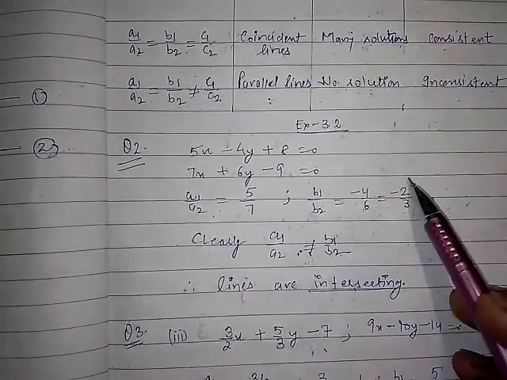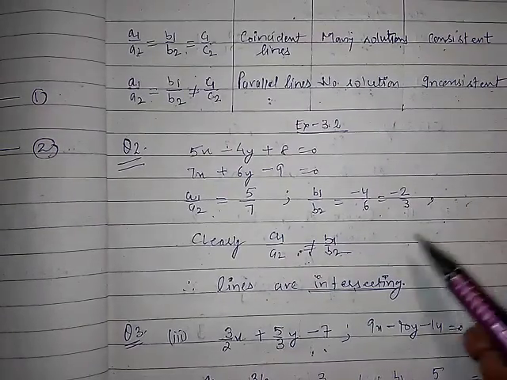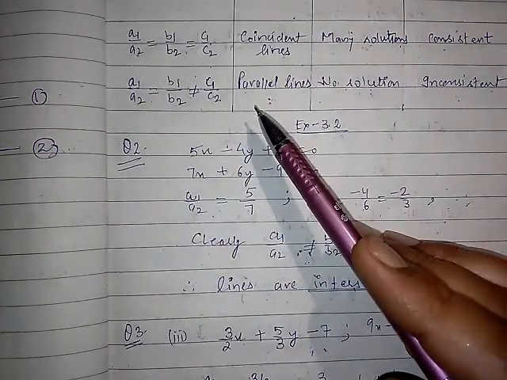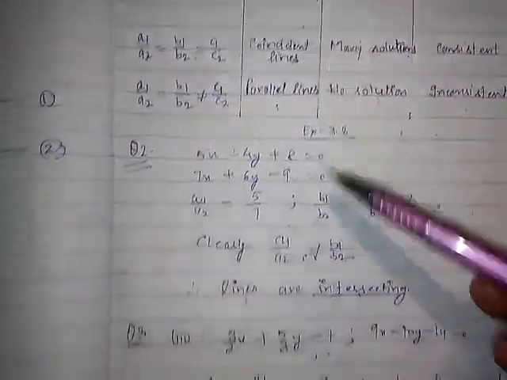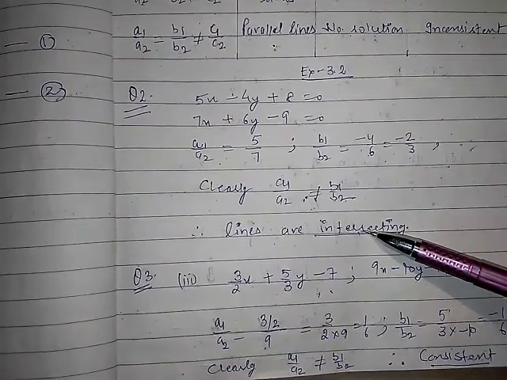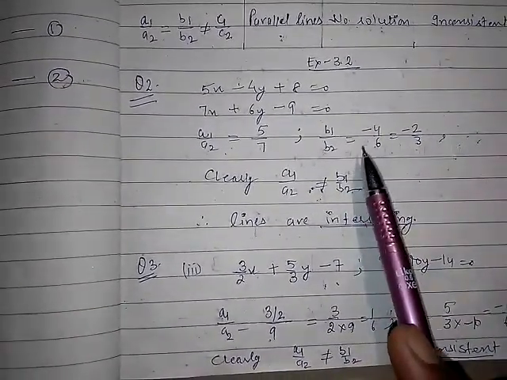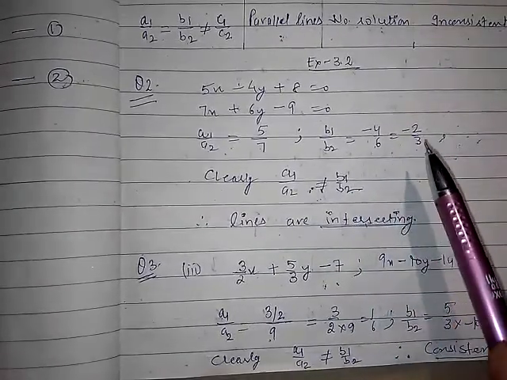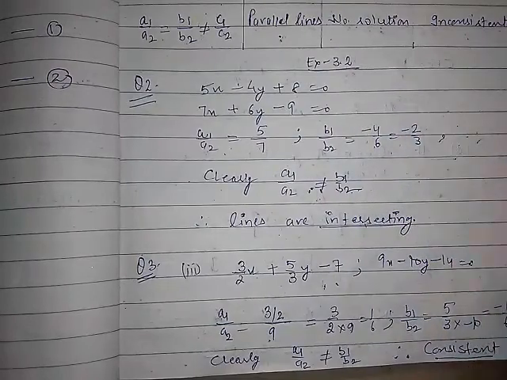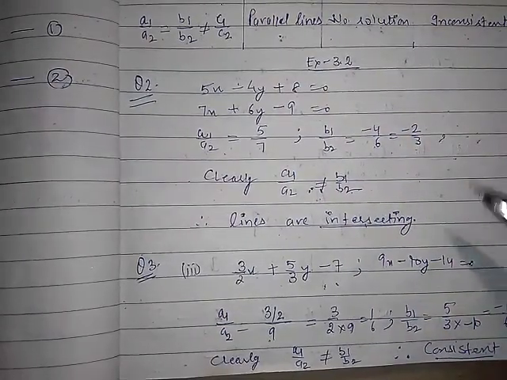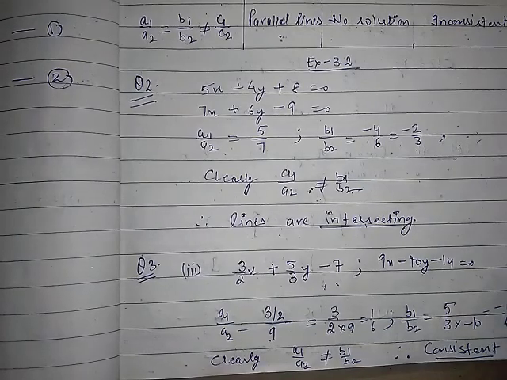The rest of the parts are the same, all the steps are the same. First of all you will find out the ratios, then you will check which type of condition is there, then you will match it in the table, and after that you will give the answer over here. Clear? Then come to your question number 3. In question number 2, the rest of the parts you will try yourself. Only three parts are there, one I have solved and two are left for you, because then only you can have a good practice, otherwise problems will be there.